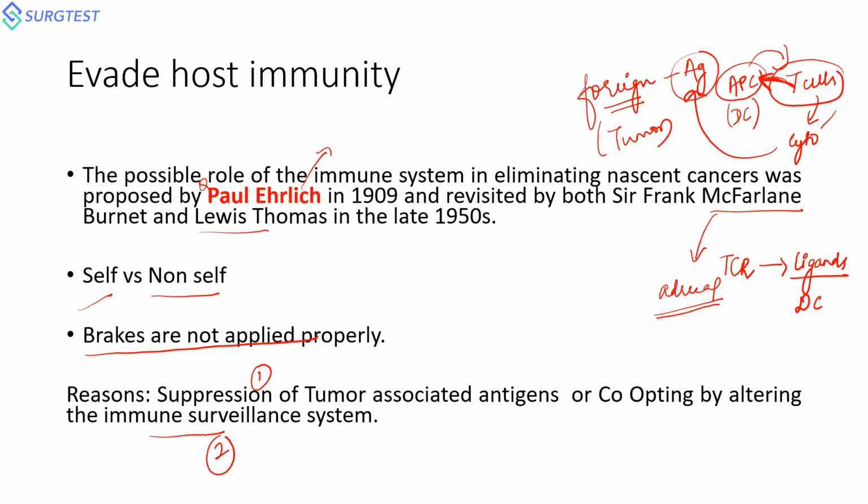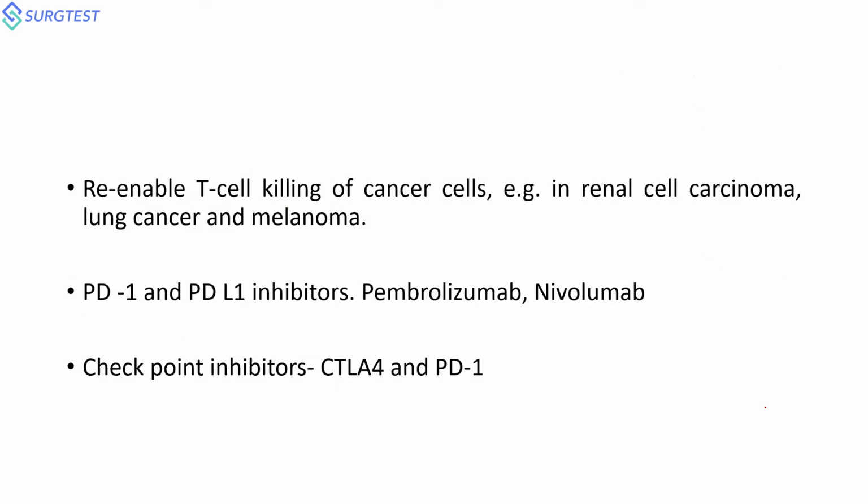Okay, I repeat, the first thing is the suppression of tumor related antigens. This antigen will be masked by certain elements which are produced by the tumor themselves. So they will be disguised, or protected from the host immunity. And the second thing is you alter your immune surveillance mechanisms, whereby the non-self is not identified as non-self. It is still identified as a normal tissue which is there in the particular person.